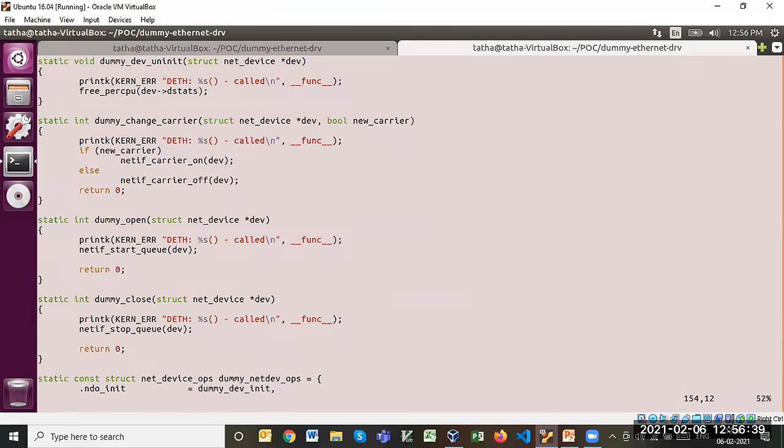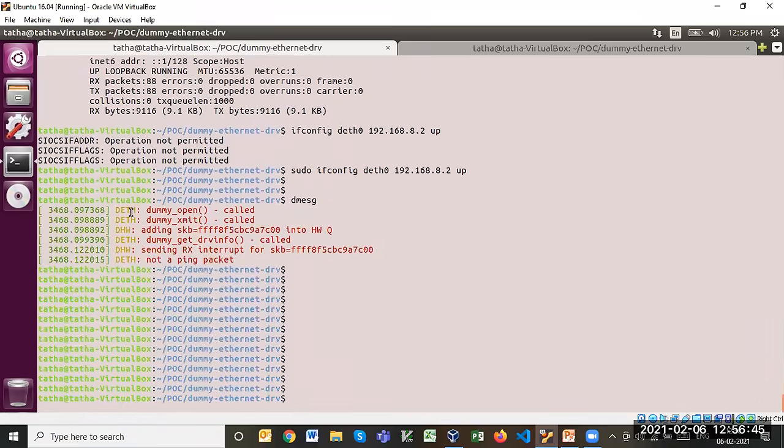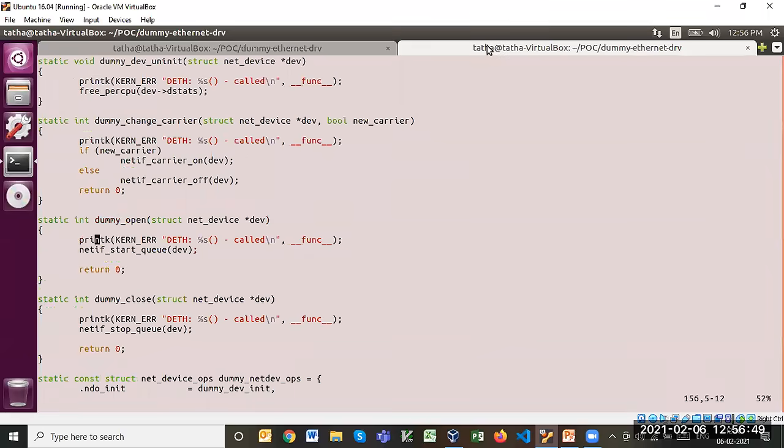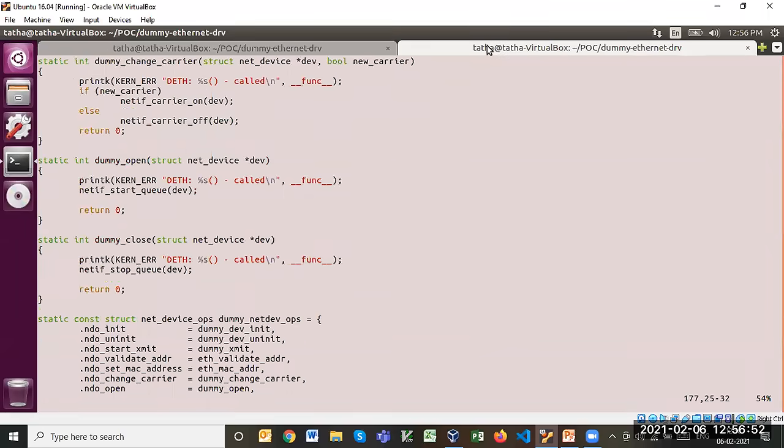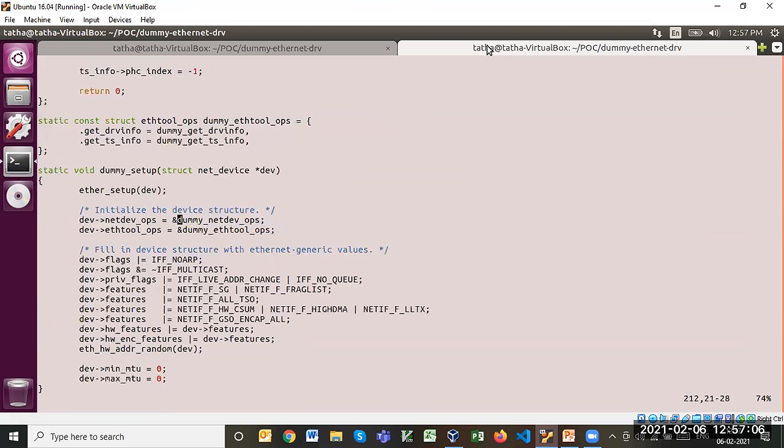This is the function print that you are seeing here. And this is the structure of net device operations that is being populated. The do_open function is populated by dummy open, and this structure I assign to netdev ops.